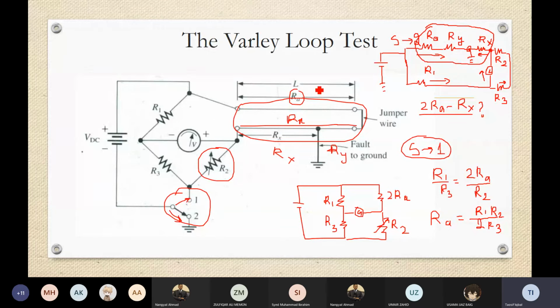ठीक है। सो अगर हम पॉइंट A, B और इसको हम C पॉइंट कहते हैं या G पॉइंट, C पॉइंट, ठीक है, और ये हमारा D पॉइंट आ रहा है। ठीक है। सो टोटल जो रेजिस्टेंस बनेगी हमारे पास A पॉइंट से C पॉइंट तक यानी ग्राउंड तक, दैट इज बेसिकली RA प्लस RY।